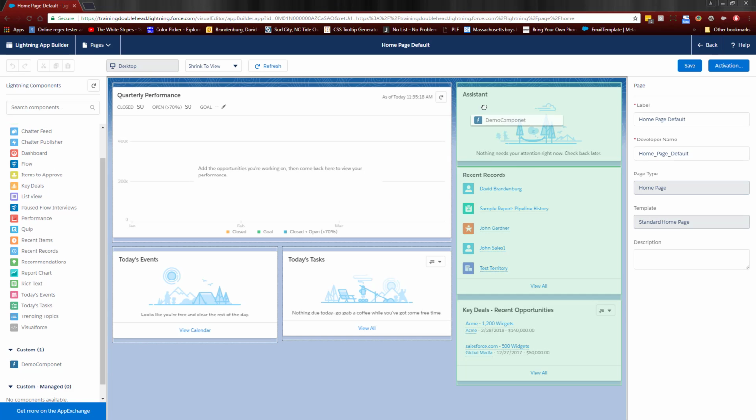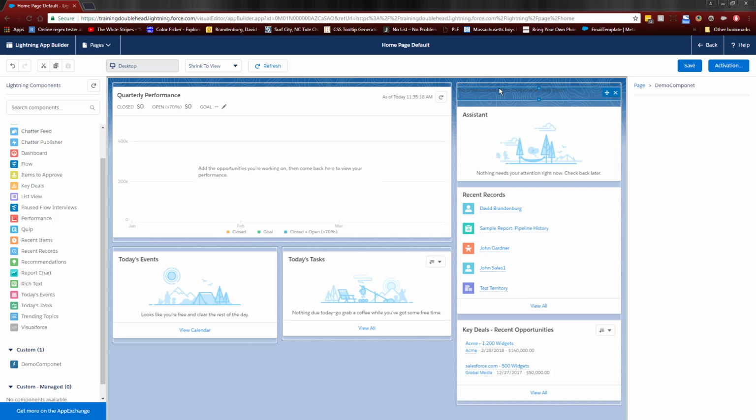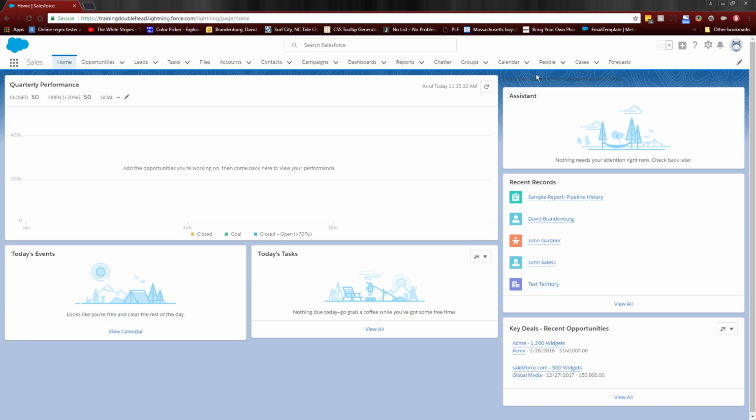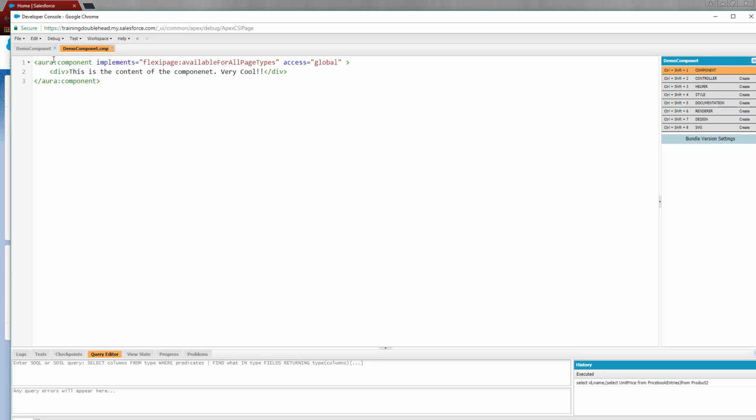So we're just going to take this and drag it to the top column over here. As you can see, it saved it. So we're going to click Save and then back. You can see our component is picking up the background behind all these components. So what we forgot to do is actually go into the style sheet and assign the